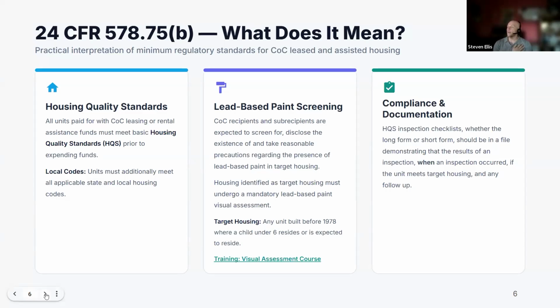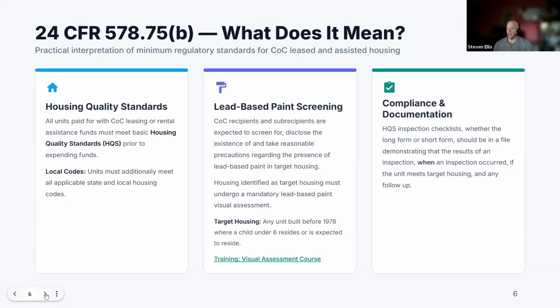The example that I always use is living in Maine, and I serve the entire state of Maine for some of my programs. Portland, Maine, our largest city, had a more restrictive ordinance around smoke alarms. So while I was doing 99% of my HQS inspection, I would have to note a more restrictive smoke alarm requirement because the city of Portland required it just for the city of Portland units. So there's always a little nuance that you should be aware of.